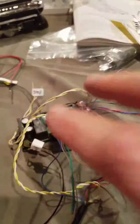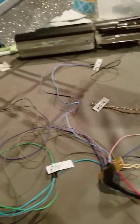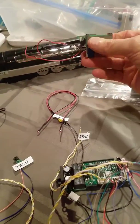There's also a ground and a hot inside this harness, and that's because the pickups in Lionel are in the front, but the pickups for Flyer are in the back. So what I usually end up doing is cutting all this off and fastening it into the main board. Then we have 4 wires left, and this is what generates the smoke inside